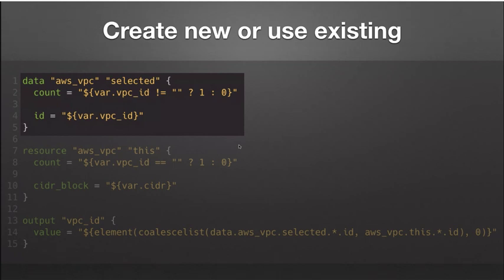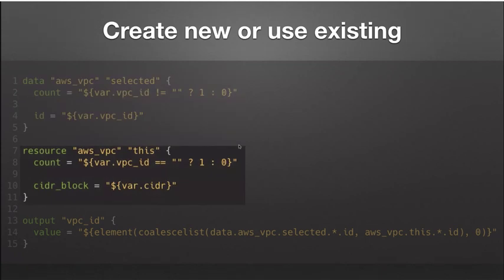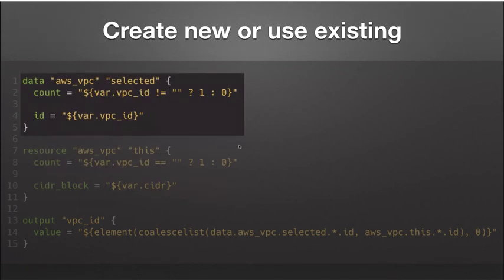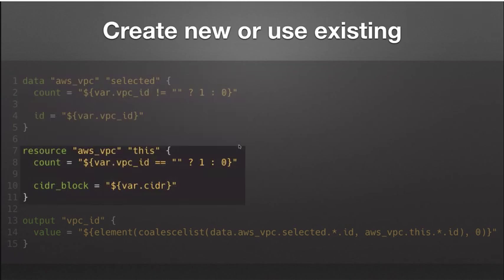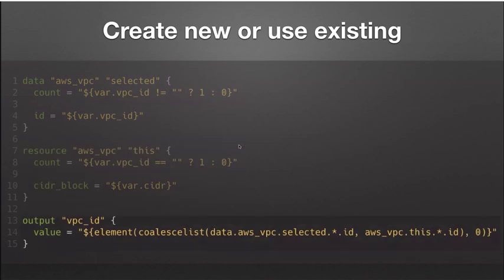If there is no such thing, then please make this one. This module, or these two blocks, data source and resource, can be used together, and count is different here. And again, as output, VPC ID is specified. It will return the first non-empty element from the list, which in this case will be either the existing VPC or